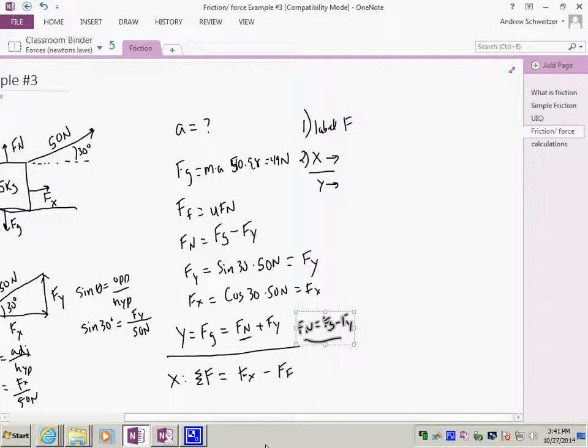We'll just do it this way then. My force normal is going to be the force of gravity minus my force of y. So force normal equals the force of gravity, which is 49 newtons, and then I need to figure out my force of y. Now my force of y is right here, the sine of 30